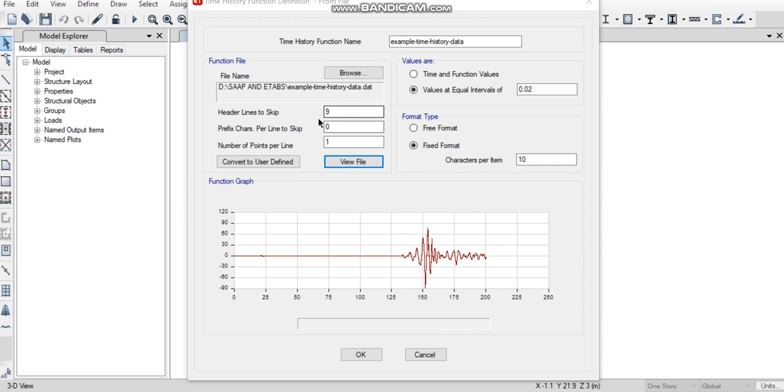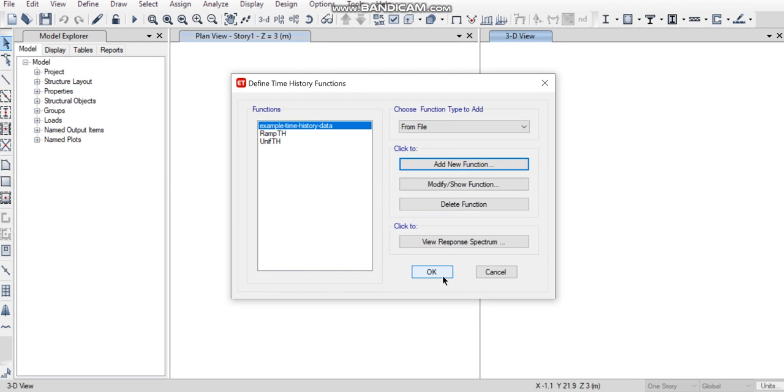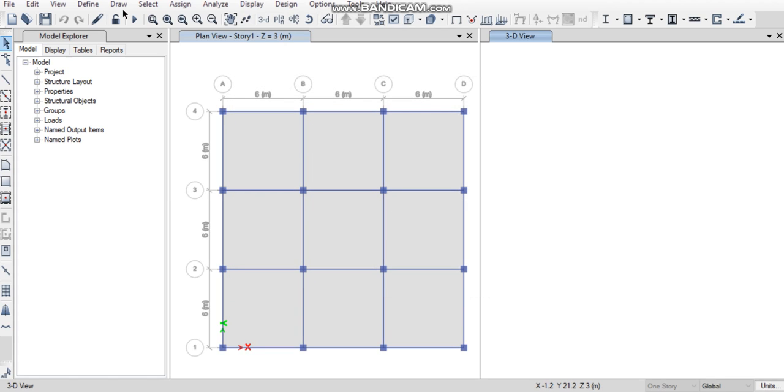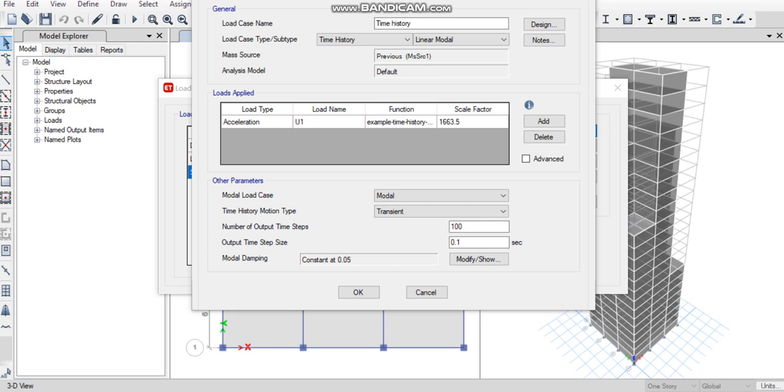Now we have to give the header lines to skip as 9 by viewing the file, and 0, 1, and click on OK. Now go to define and then to load cases, and delete the response spectrum